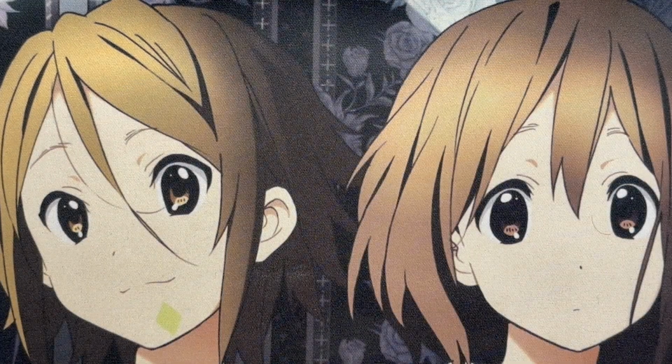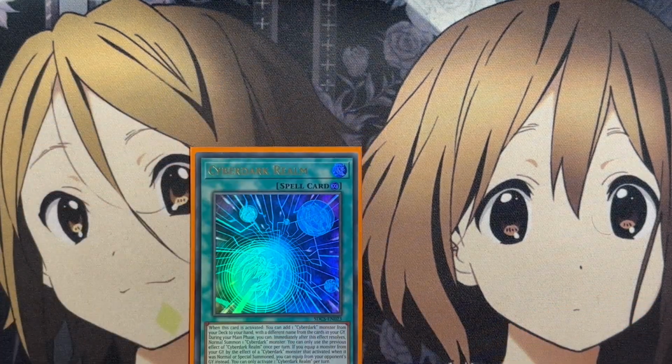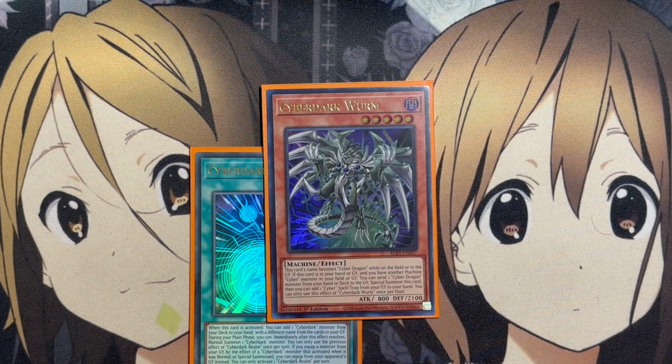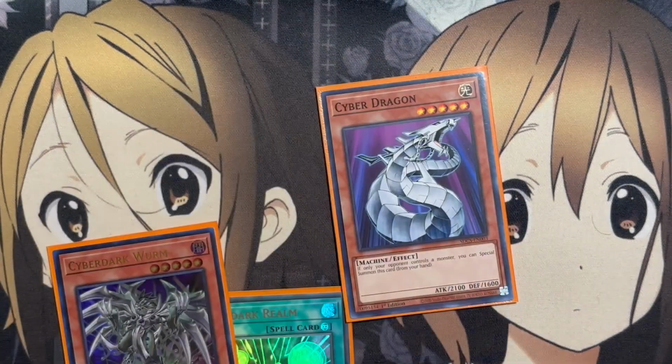And then as for some of the go-to plays in the deck, as I mentioned before, having the search power with cards like our Cyberdark Realm to be able to search out the Cyberdark monster, being our new Cyberdark Worm, can help to set up more and more plays as well, having the needed play of adding out that monster, and then being able to have another machine cyber monster in your field or graveyard to send one monster from your hand or deck to the graveyard to special summon this card. So with this, you can then send your Cyber Dragon from your deck to the graveyard,